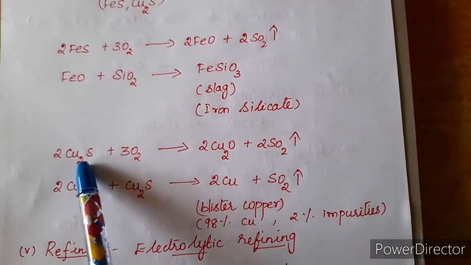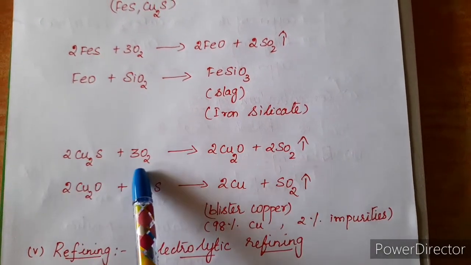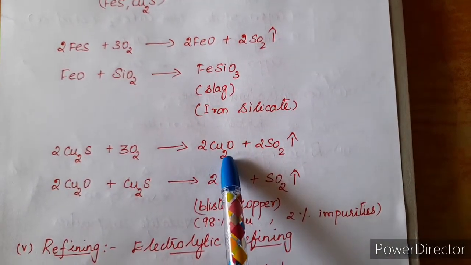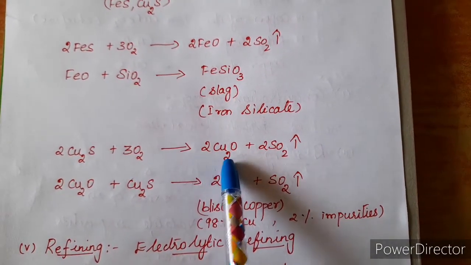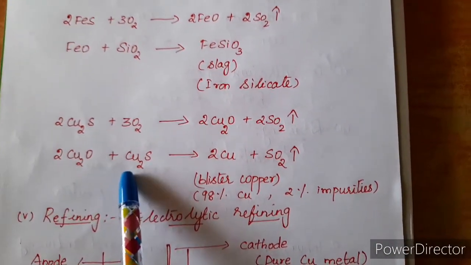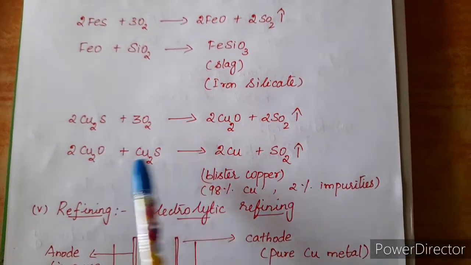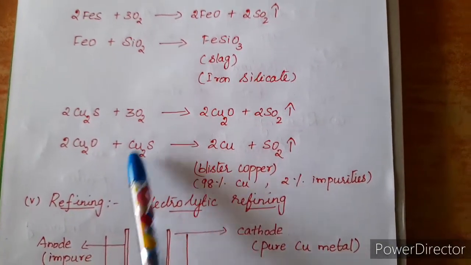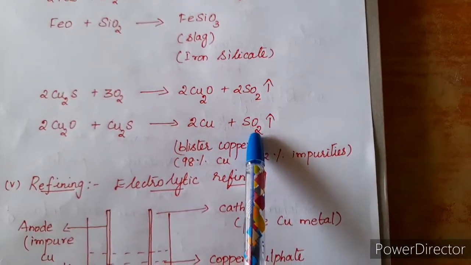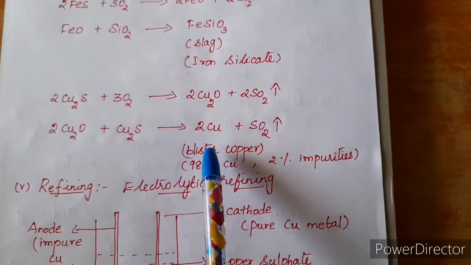Now we have the copper. So this is the metal of interest, isn't it? Now copper sulfide, when it is heated in oxygen, gets converted into the oxide of copper. So here you will get Cu2O with the liberation of sulfur dioxide. Now this again reacts with Cu2S, that is copper oxide and copper sulfide combine to form the blister copper, where it is reduced to the metal with the liberation of sulfur dioxide.